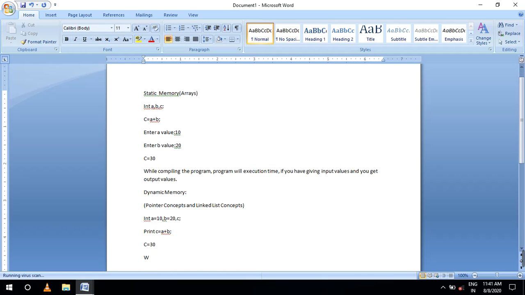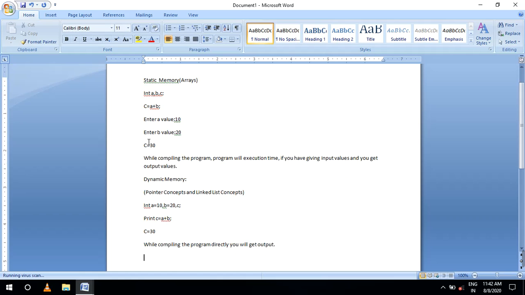Then while compiling the program, directly you will get the output. In this dynamic memory concept, the sizes are fixed. I am fixing the sizes for a and b. Many times you execute, you get the same values only. This is the concept for static and dynamic.